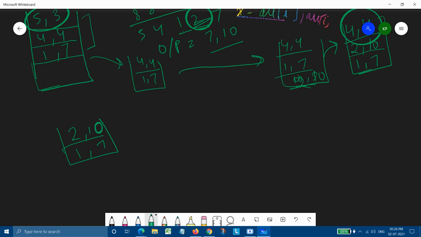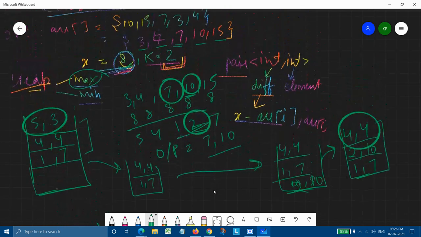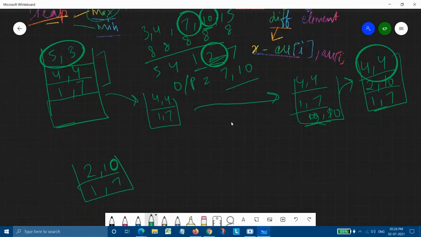But there are other elements left in our array, so we will process those also. Our max heap is 2, comma 10 and 1, comma 7, and our next element has difference 7 and 15 as the element.